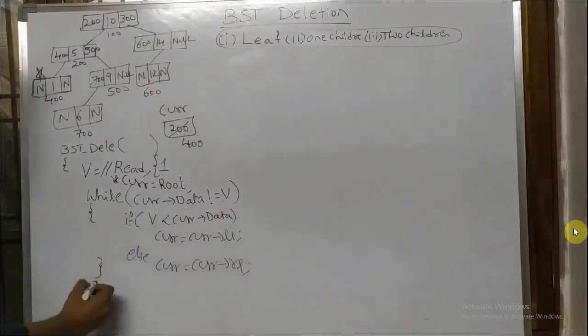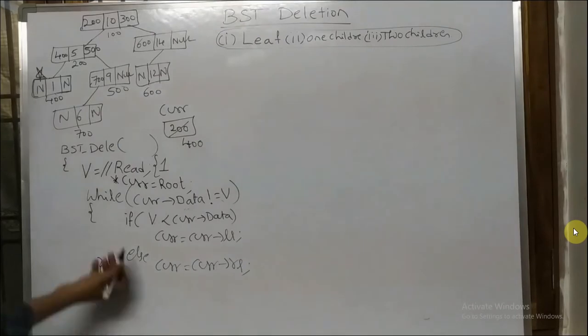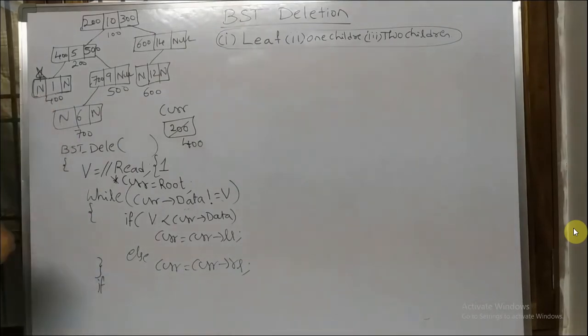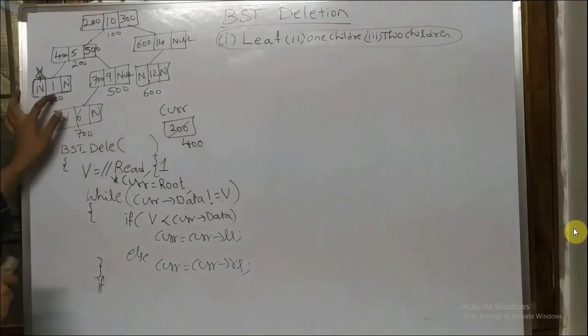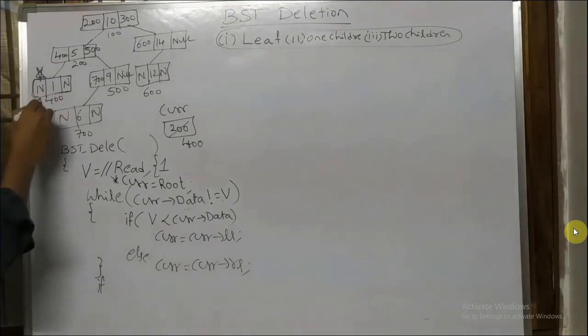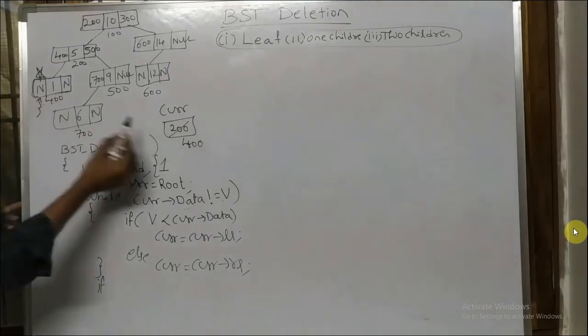First I will check whether this particular node is a leaf node, or has one child, or has two children. I need to identify that. So how are we going to point out this one? Is there any address pointed to by this one? Yes, you know already.